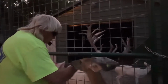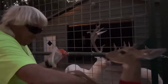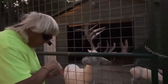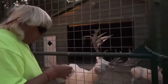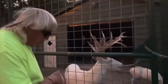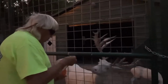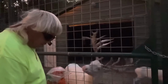I think I dropped that one. Looky here. Look at him. Your little hooves are sharp as they can be. Yeah, they're sharp as they can be, buddy. You love carrots, man. Carrots has got to be really good for these deer too. Of course, they like all kinds of produce. They eat squash, they eat okra, they eat watermelon. I cut a watermelon today for lunch, and so I'm going to have a lot of watermelon to give them tomorrow. Oh, you're begging. And you're begging,